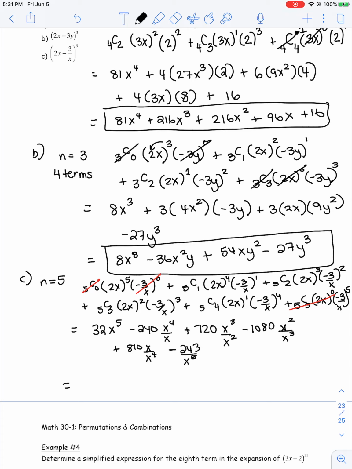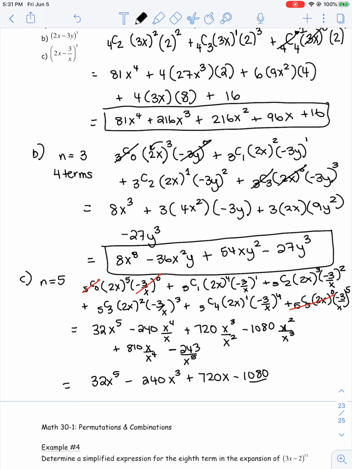So our final answer, we're just simplifying the values of the variables. 240 x^4 over x will give us x cubed. So we're just subtracting an x from the top. Plus 720 x. And then we have minus